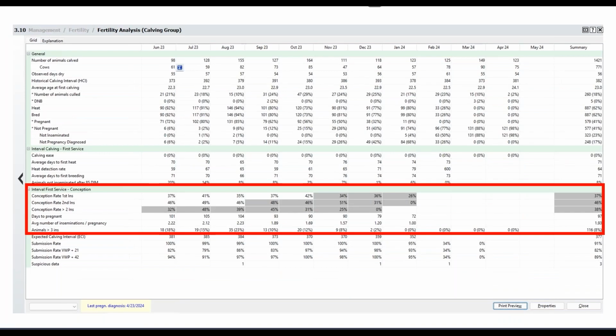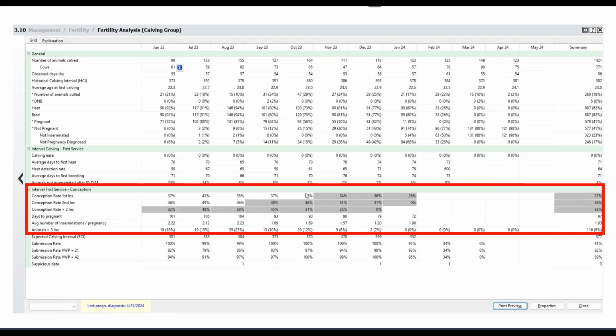So then we pull up the calving report. And the calving groups, we're looking at each month period. So each column is a month. Those cows calved in that month. And then from there, their data is going to fill for those specific things. So it's not counting the cows that don't fit that calving interval or that calving group. So starting in